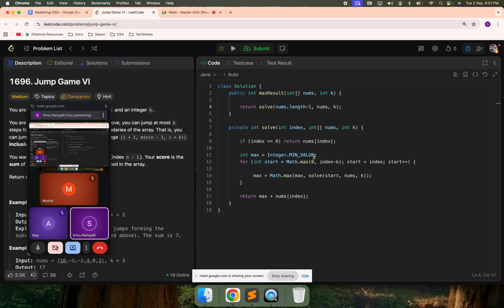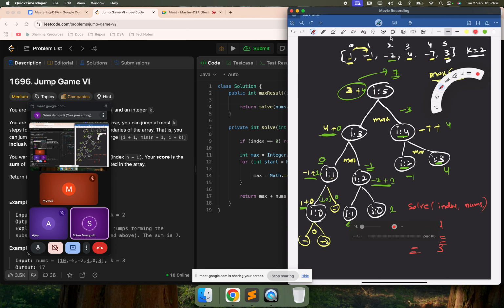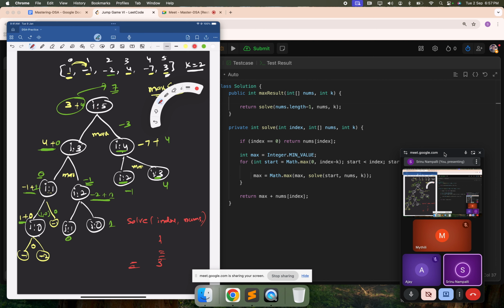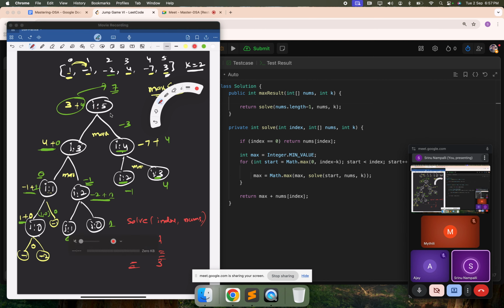Alright, do you understand, buddy? Do you understand the code, or is it confusing? So what are we doing? Actually, I didn't write this code, so I just followed this recursive diagram